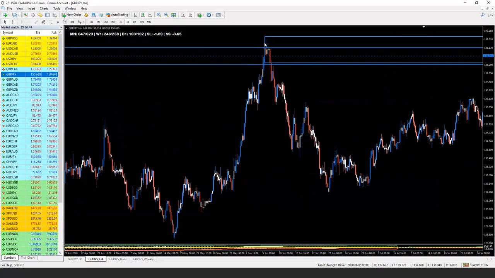We went up, we went above, we came back down. We closed below the edge of the box, and then we closed just here. So the trade is on from this point here. And you can wait for confirmation, or you can put your limit order in and sell at that